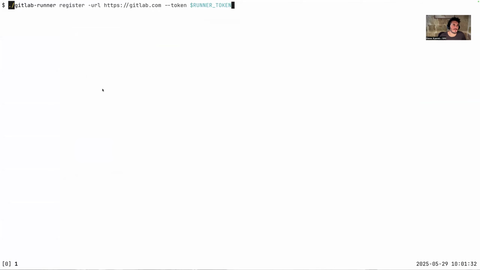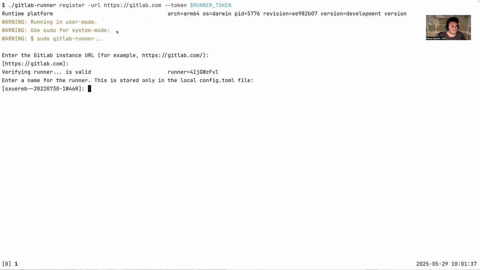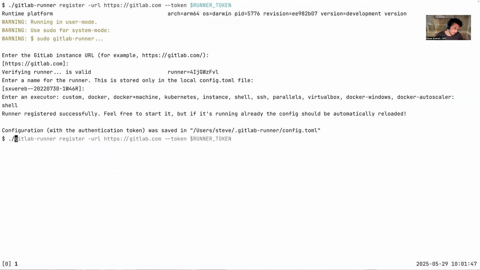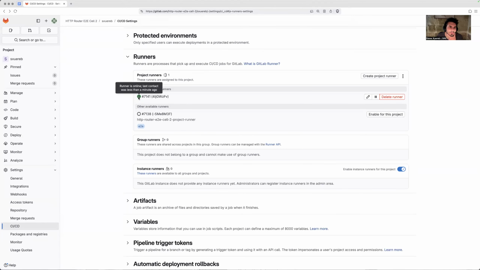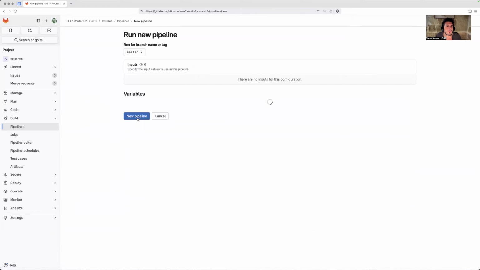So if I go into my terminal and I'm gonna register it, so I wanted to connect to GitLab.com. That name is fine. I'm just gonna use shell for simplicity reasons. And then I'm gonna do gitlab-runner run, that is connecting to GitLab.com. And if we refresh this page, we should see that it connected a minute ago. So GitLab Runner as it is today can connect to a cell automatically thanks to the routing logic that we've implemented. So now if we go into pipelines and try and run a job for this